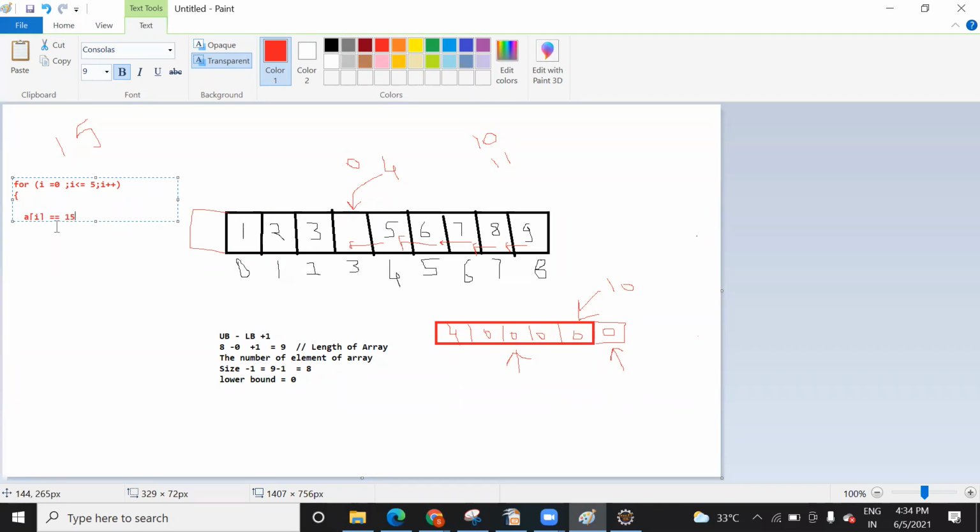With the help of the equal to operator, it will check it. If not, it will increment, and I will keep on changing. Once the condition is matched, you can either break, or you can immediately print the value of this I, meaning at which index you are getting this 15. In such a way you need to apply the logic.